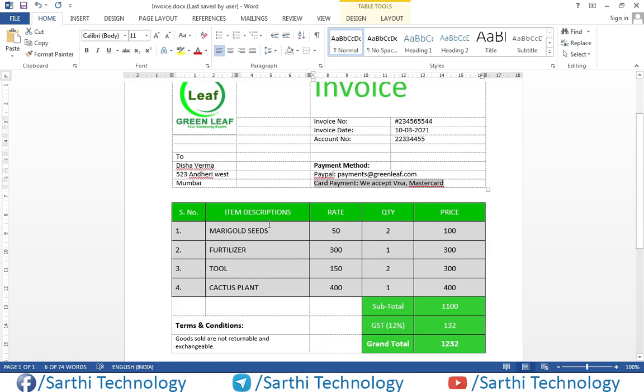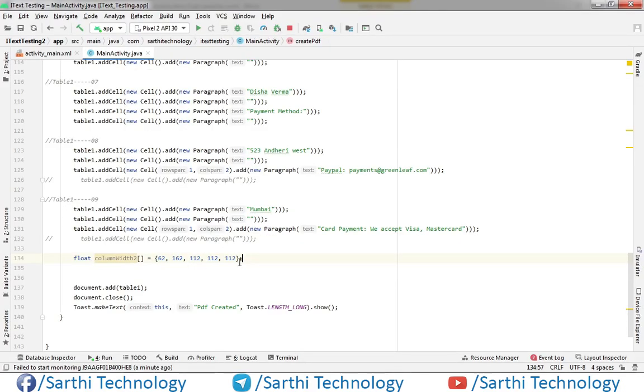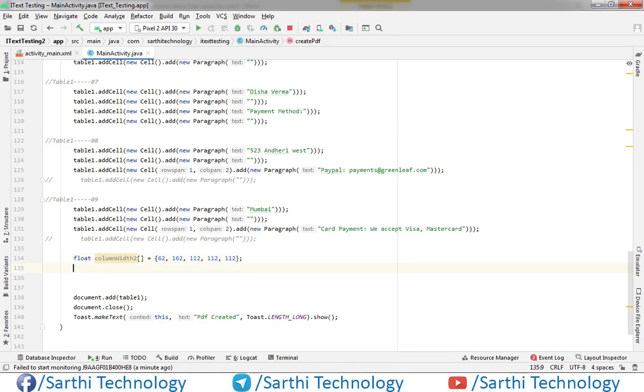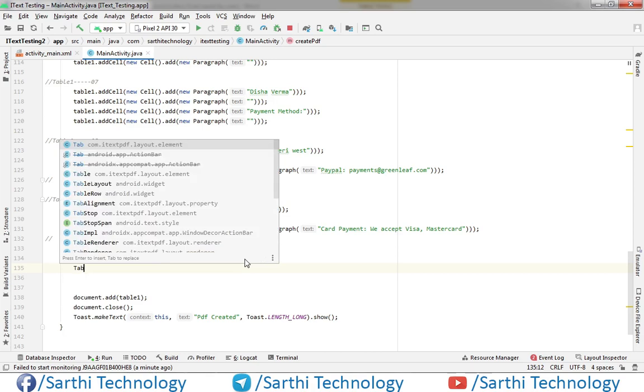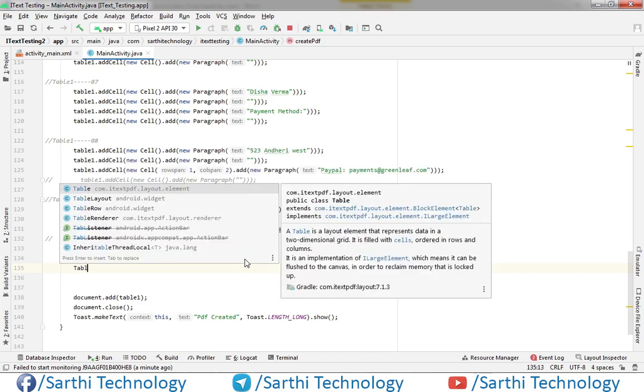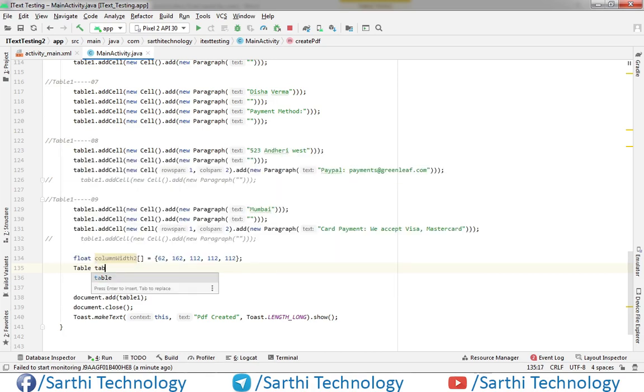Okay, now create one table object. So table 2 equal to new table, and put column width 2.